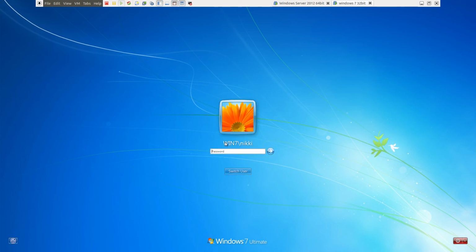So now it says Windows 7 / Nikki because this Windows 7 is my local computer and Nikki belongs to this Windows 7 computer. Now click on this switch user and select other user. Now you can say homelab / and we need to say user1.